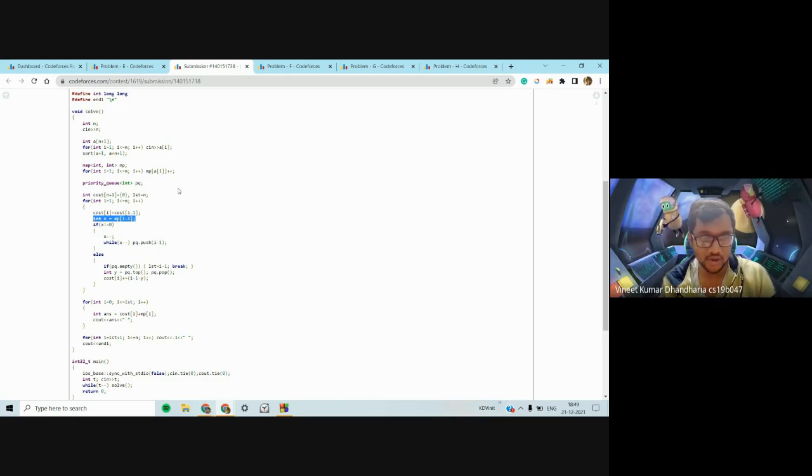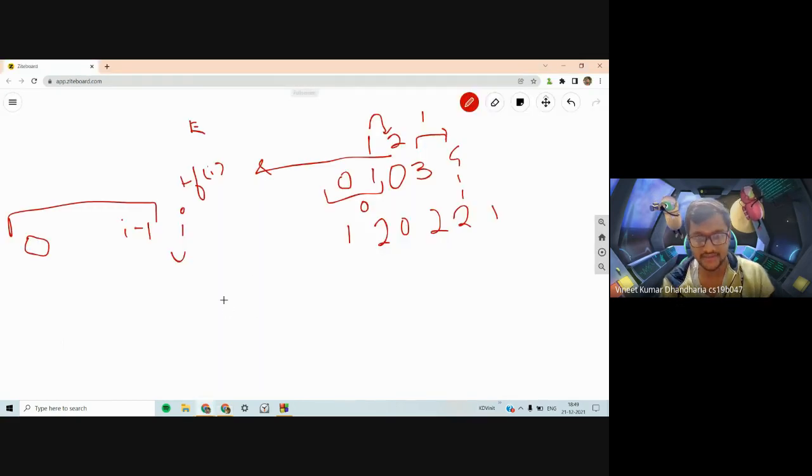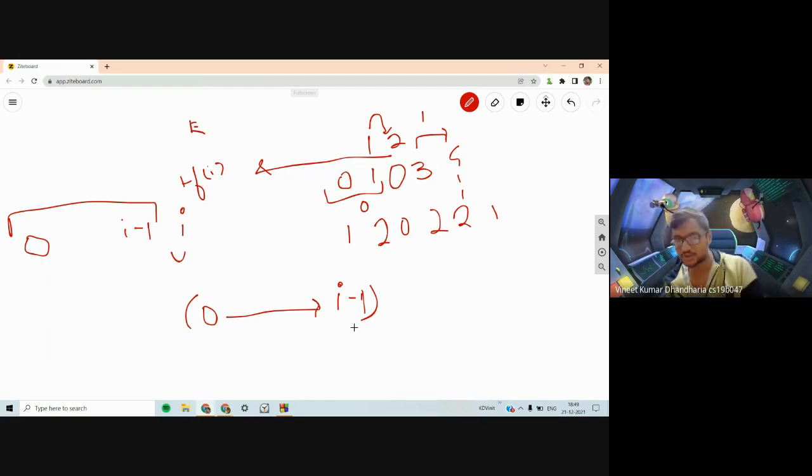So basically cost of I is the minimum number of operations required to ensure 0 to I minus 1 is there. And cost of I minus 1 is the minimum number of operations required to ensure 0 to I minus 2.